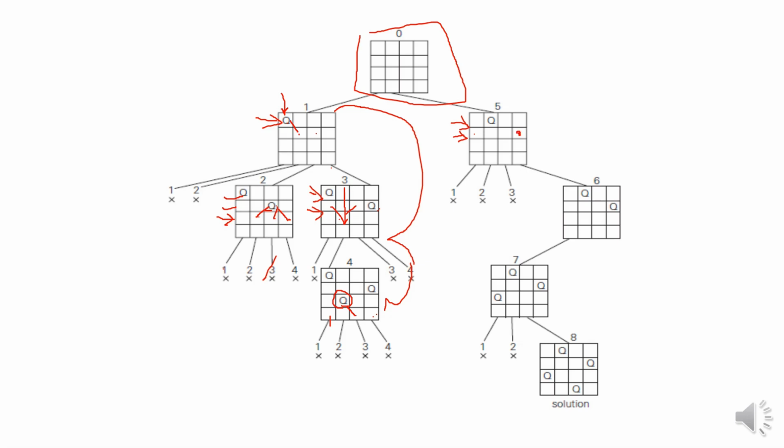So, placing the second queen in the first column is not possible, in the second column is not possible, in the third column is not possible. So, in the fourth column, we are going to place queen 2. Next, we shall expand this partially constructed solution to get its child node. That means we are going to place queen 3 in the third row. Let us see. Can I place the queen here? Yes, because no other queen is in the same column or on the same diagonal.